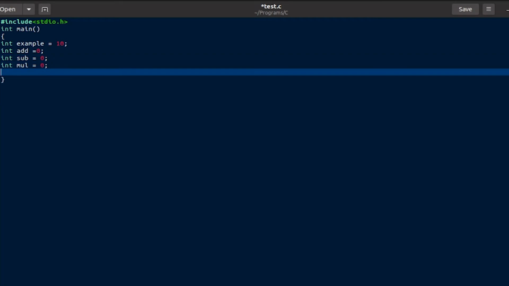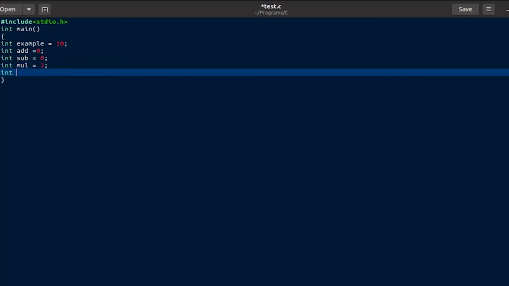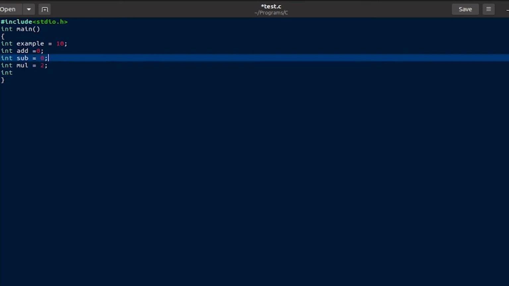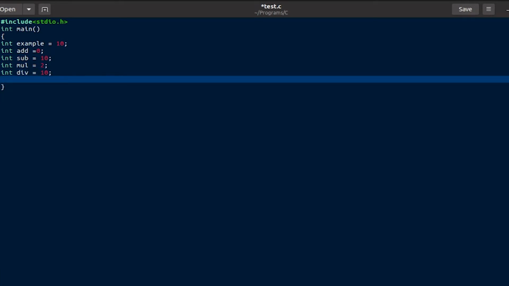Actually I'm going to make mo as 2, sub as 10, and div 10. Now in add, if you write add plus equal to, and if you write another variable or a number, like for example I write 20,